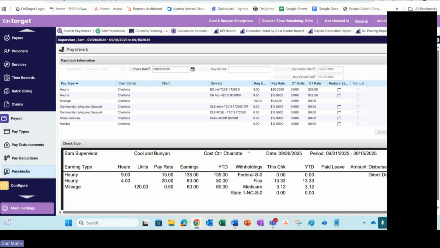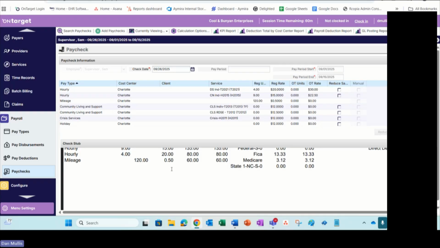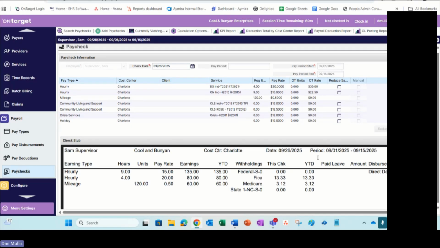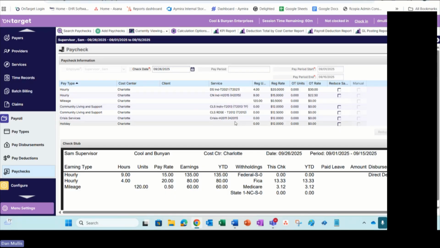But here you go. We've got all of our withholdings pulling. Everything is pulling in correctly. We've got our gross and our net, all the stuff that you would expect. I can adjust this as well. So if I needed to make an adjustment, say for holiday pay,